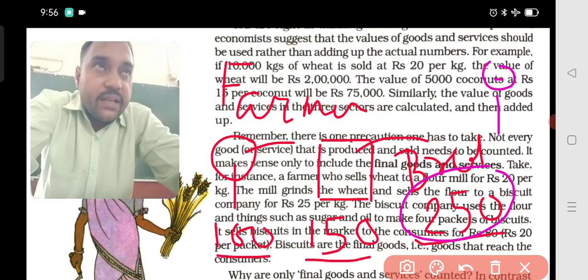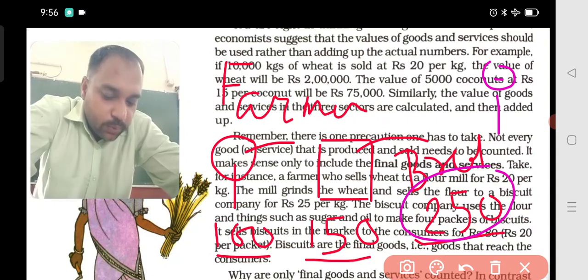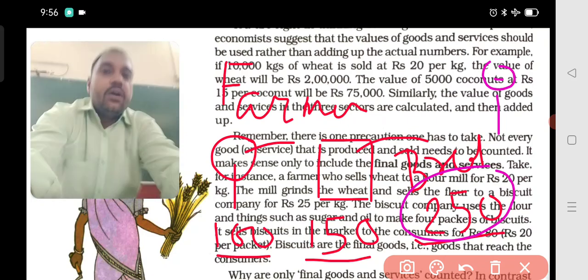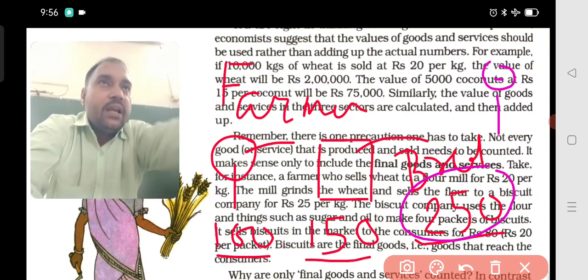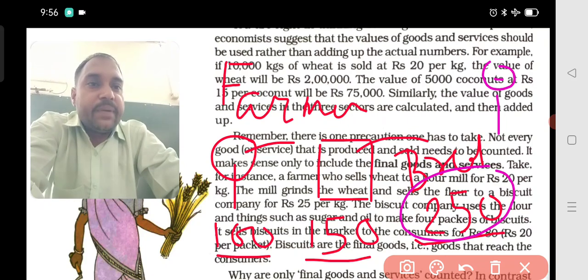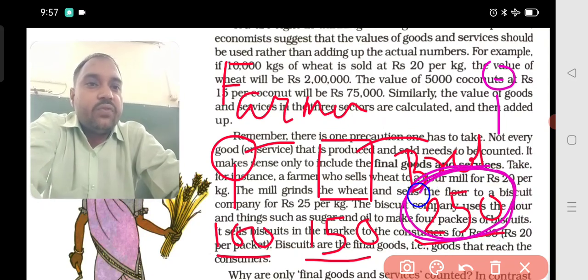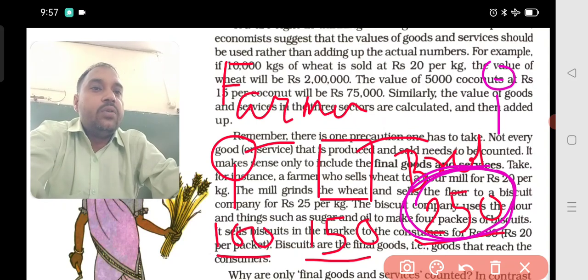The final consumer is the person or the individual or the firm which bought the product for its consumption, for this consumption purpose. So the final value is 250, which is sold to whom? To the